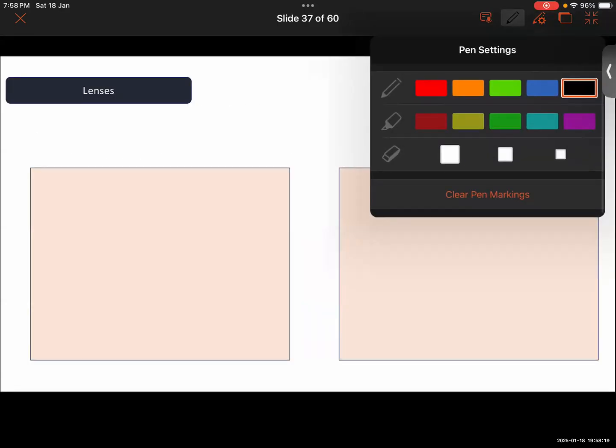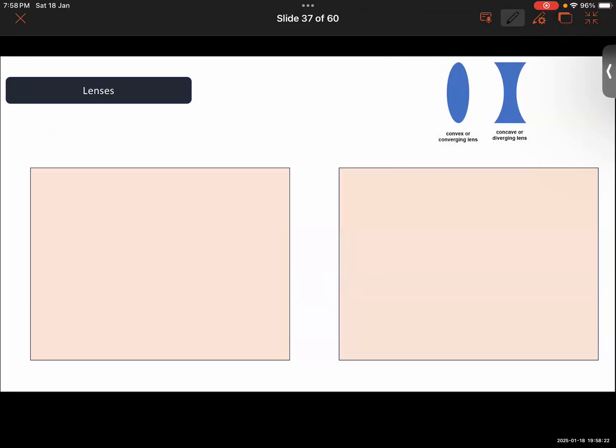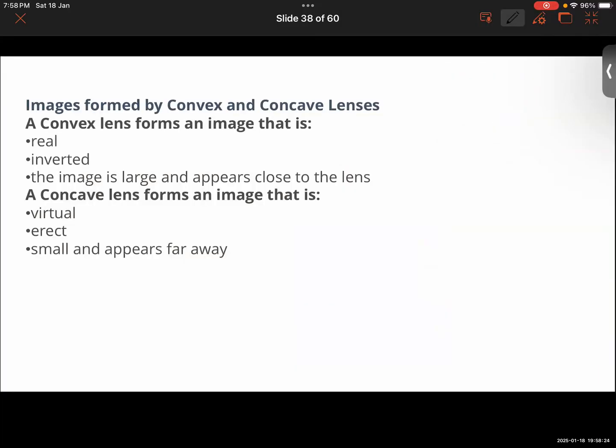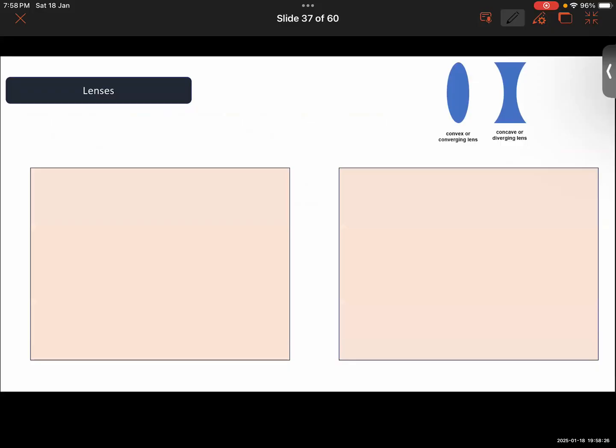So now let us sum up the differences, like how they are different from one another and what kind of images will be formed. The very first thing, if you were to compare that, talking about the